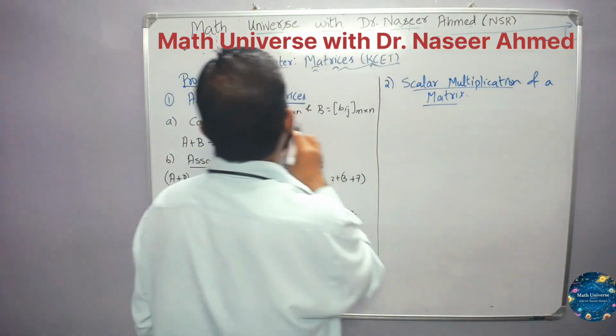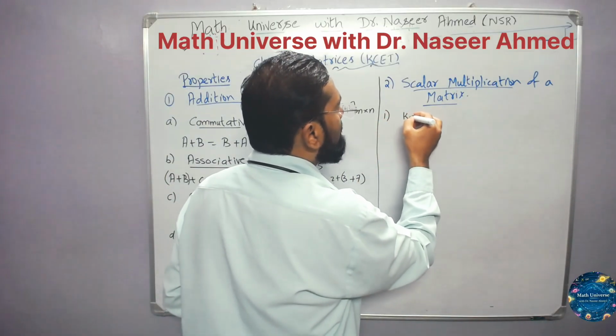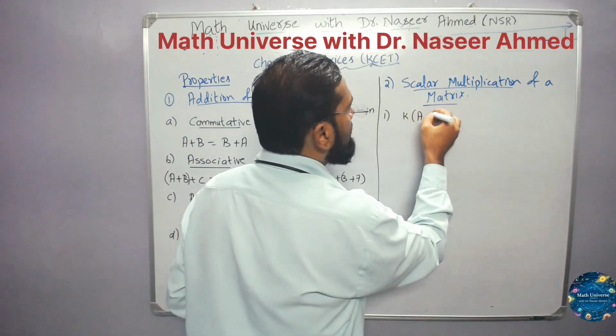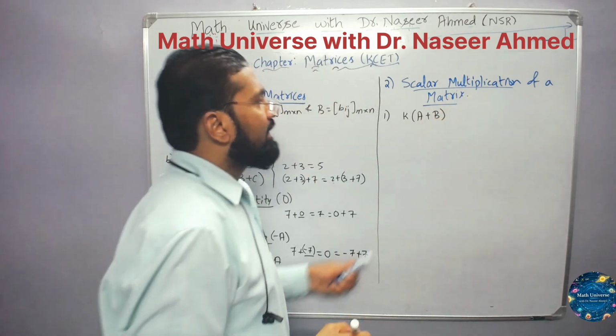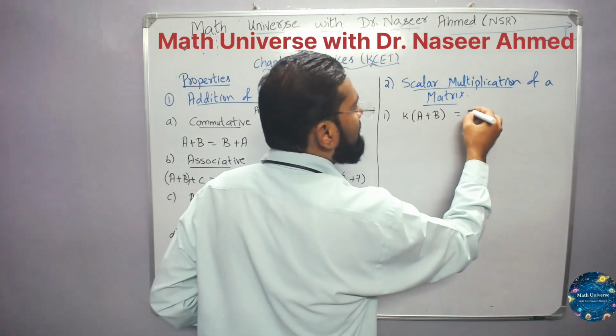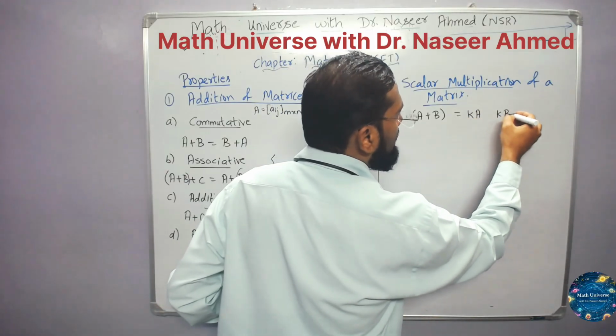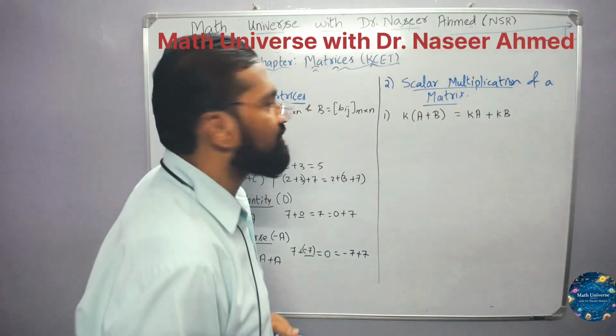Let us suppose again the matrix A is of order m by n. The first thing is, if I've got K multiplied to a matrix A plus B, either I can first add the matrices A plus B and then multiply by scalar K, or I can first multiply scalar K to A and scalar K to B, and then add. That's the point. Next,